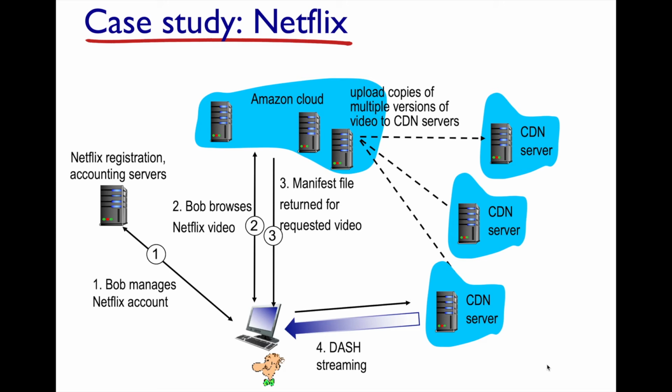In that manifest file are encoded a number of server instances in the content delivery network. Bob's client machine then picks one of those URLs from the manifest file and connects to one of the very many instances in the CDN network. These CDN nodes might be managed through Amazon. It might be managed by someone else, but they're not owned by Netflix. They're rented by Netflix. Okay, any questions about this? Does that make sense? Do you have a question? Question? All right.